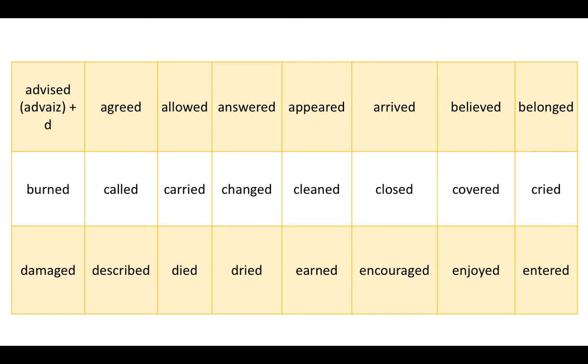Agree, agreed. Allow, allowed. Answer, answered. Appear, appeared. Arrive, arrived. Believe, believed. Belong, belonged. These are verbs that finish in voiced sounds, and that is why we pronounce the final